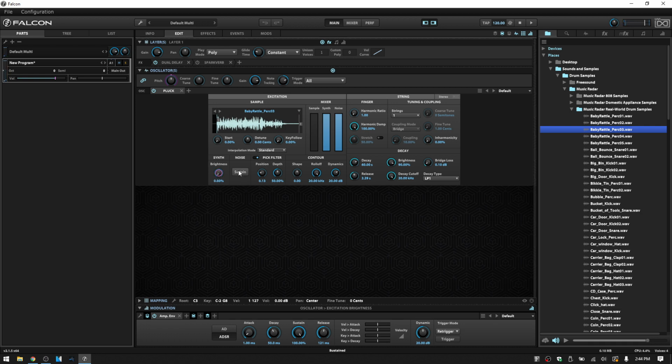Okay, and then we have noise, and this is going to add a longer sustain or decay to your noise oscillator. So let's go ahead and activate that. And so this is only affecting our noise oscillator. If I were to take that volume down and we just hear our synth oscillator,